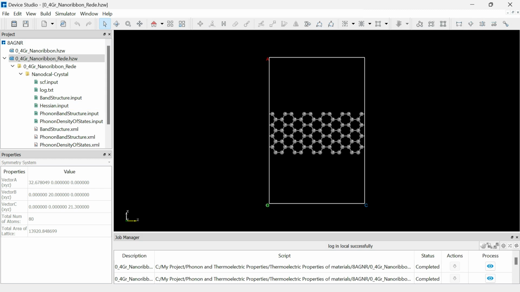So all the calculations are done, and as you can see, when you calculate the parameters, their output files are ready. Now we have to calculate the band structure and the phonon band structure. I also selected the phonon density of state. So for these types of things, their input files calculate the result, and we will get the output like